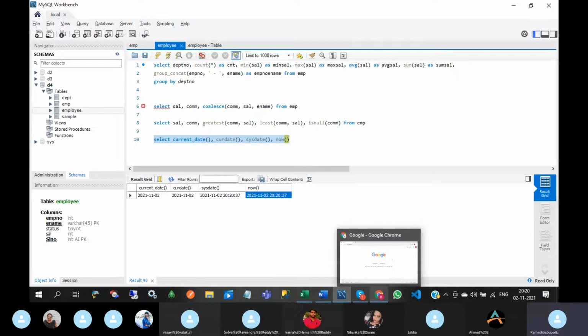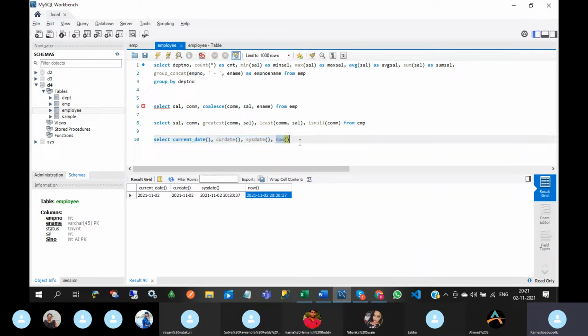But there is a difference between now and sysdate. Now gives the date time when the statement started. Suppose you use now in a procedure: at the execution time of the procedure, that start time will be displayed by now.